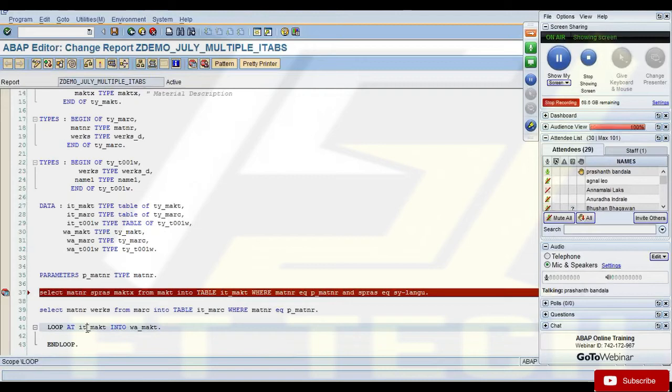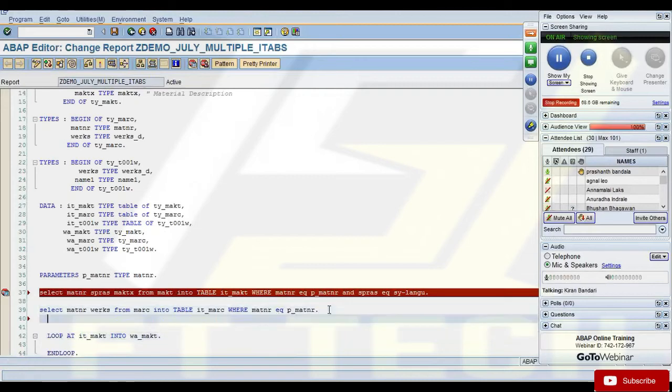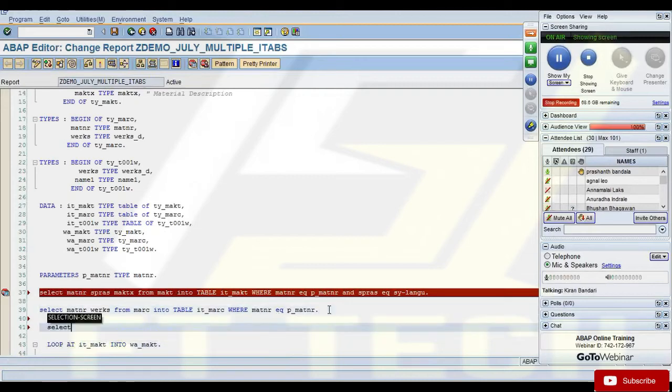Right now, to write this select statement outside the loop, for example, I would write select werks, name1 from t001w into table it_t001w. But what do I compare in the where condition? We need to compare werks. We don't have werks.